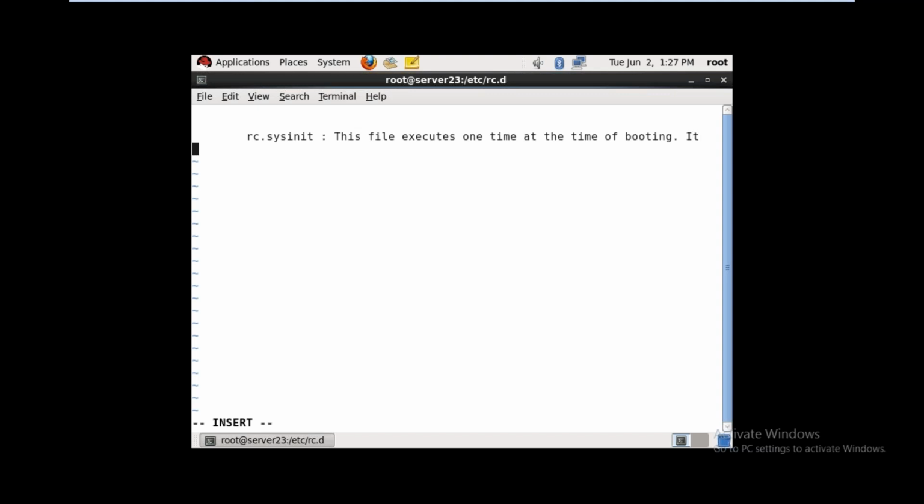It has init executable files. Next, the rc.local file, the administrator can write his own scripts.